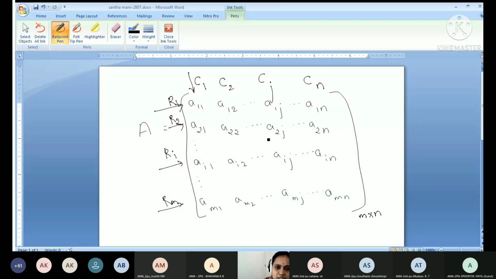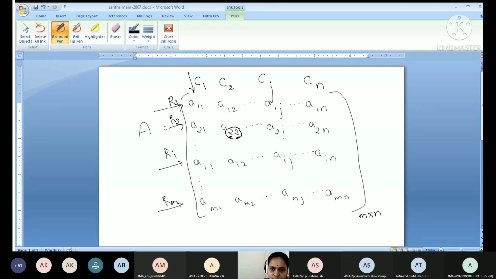Also, I have told you about this one. What does it tell you? It tells the position of the element. 2, 2 means what? The first number tells you the row. The second number tells the column. Which row, which column? 2, 2 means second row, second column. I hope you are following me. Today we'll do sums on this, then you will understand clearly. You may have doubt about row and column for some 4-5 classes, then it will be okay for you. So this is about how to write a general matrix.